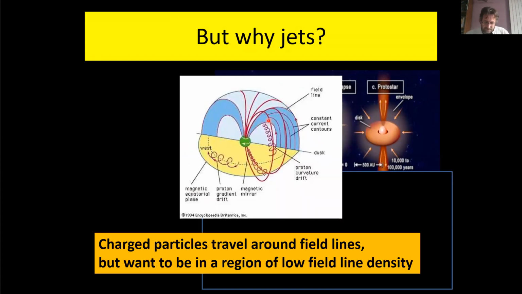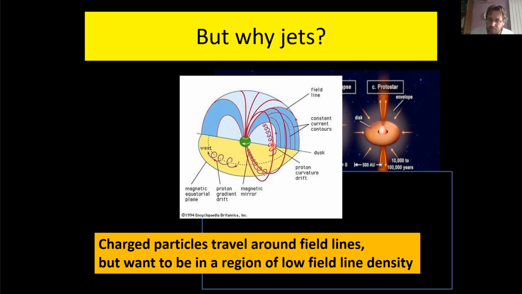These charged particles are often trapped because they are moving perpendicular towards or in a circle around this field line. Okay, so they are trapped. If they originally have a movement towards the center, they would gyrate around this field line towards the center. Now, charged particles basically want to be in a region where the density of field lines is minimized. This corresponds to